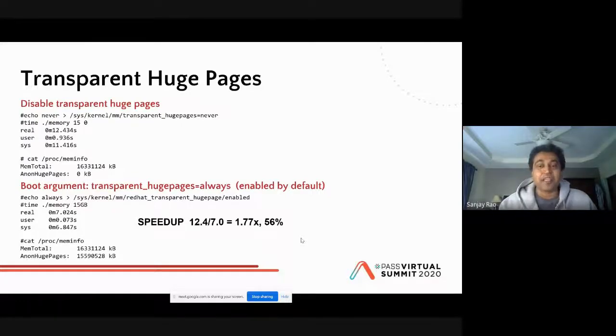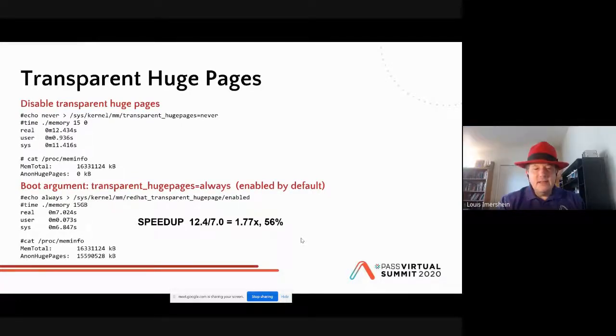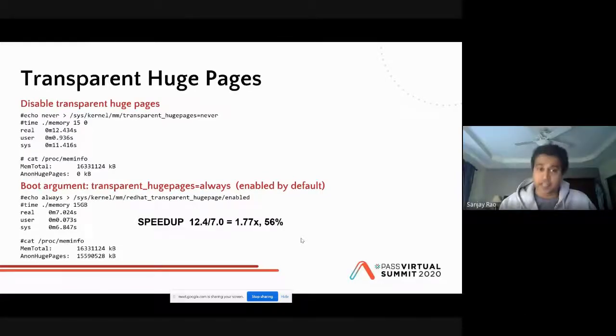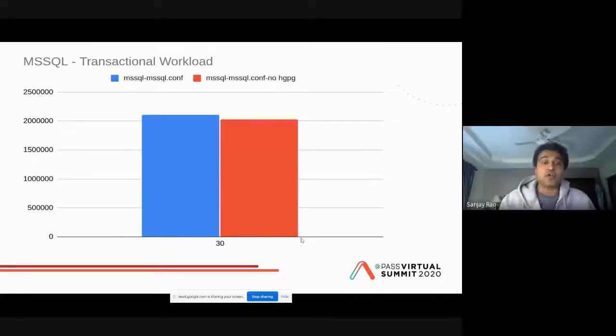speedup. Now, Sanjay, isn't this actually also done automatically in the TuneD profile? That is correct. In the TuneD profile, in case this has not been enabled, they enable transparent huge pages in the Microsoft SQL Server profile. Yes. Great. So this example shows, again, when transparent huge pages were not implemented, the red bar is without the huge pages, and when we implemented the huge pages, we again saw about 5 to 6%